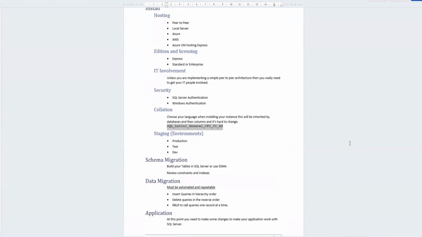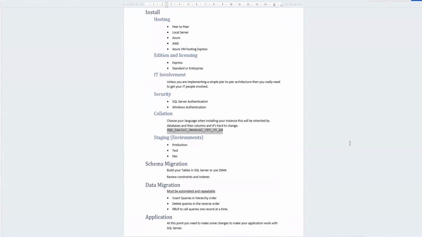You might want to be flexible and change orders, but generally speaking, all the points are there, and they're punch points. These are the ones you've really got to get sorted. You've got to understand all of these items. You can play around with bits, but this is a great reference of what you need to know and understand when you're thinking about migrating to SQL